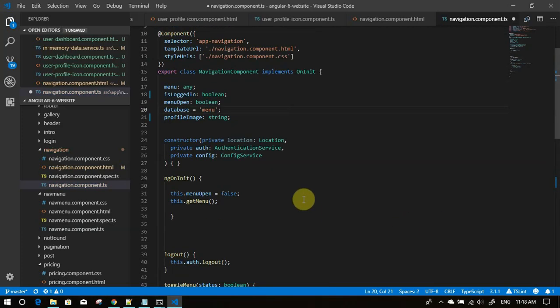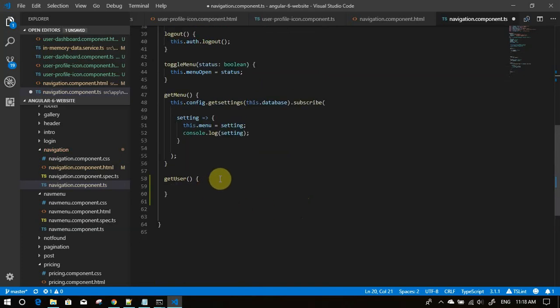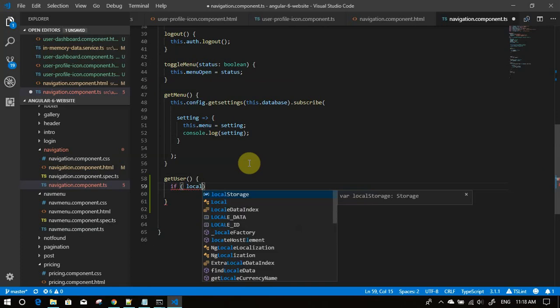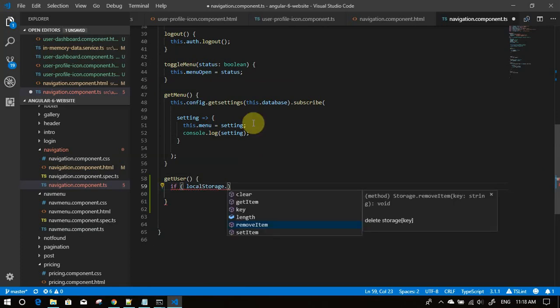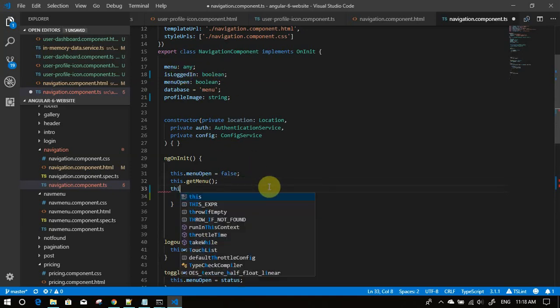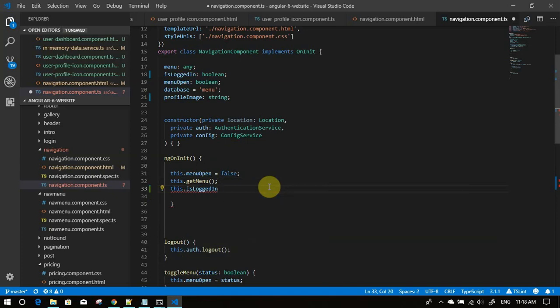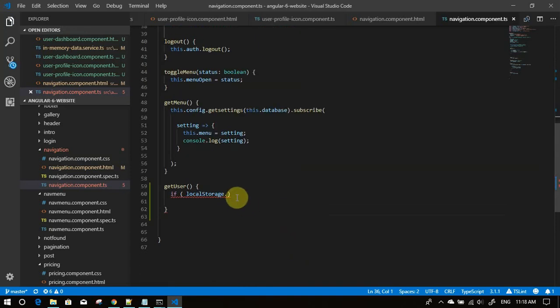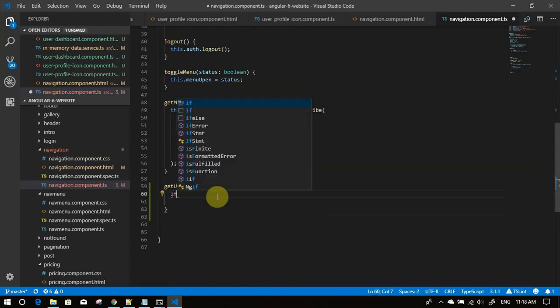Okay, get user. So if local storage dot, or maybe we can use, because at the time of initialization is logged in. Okay, this dot is logged in equals this dot authentication service dot is logged in. Okay, so we can simply check if this dot is logged in,